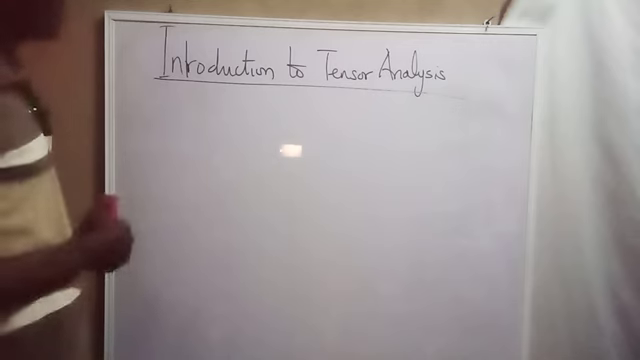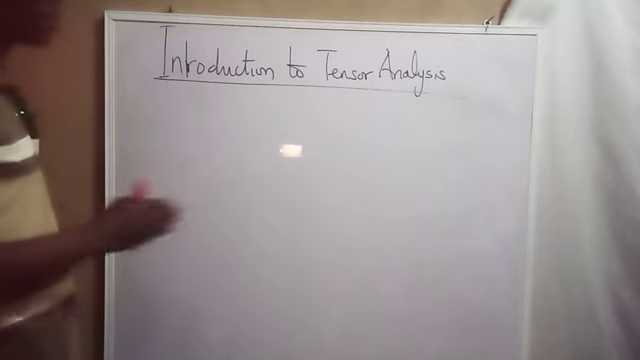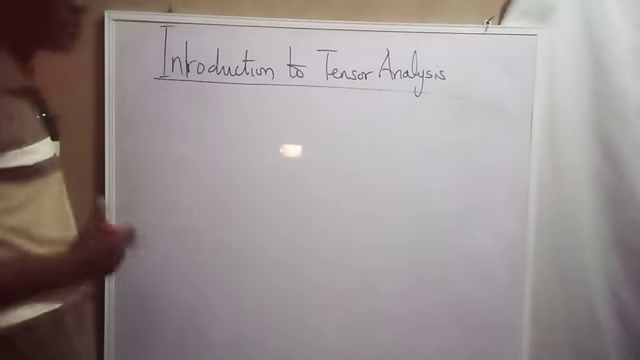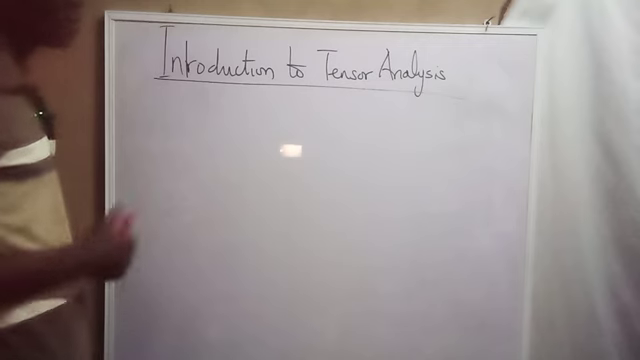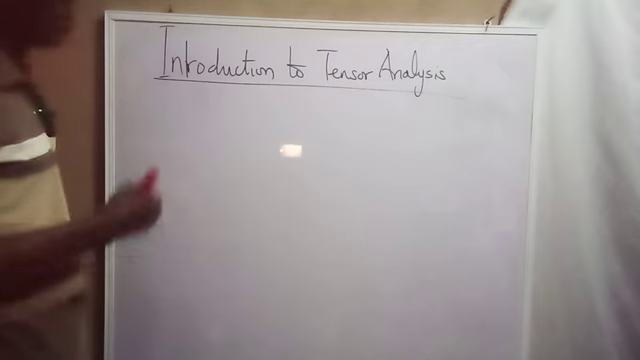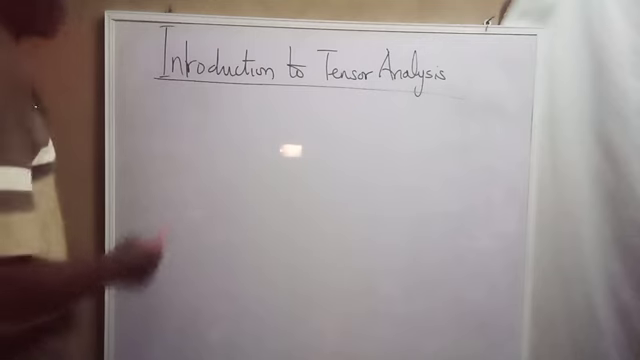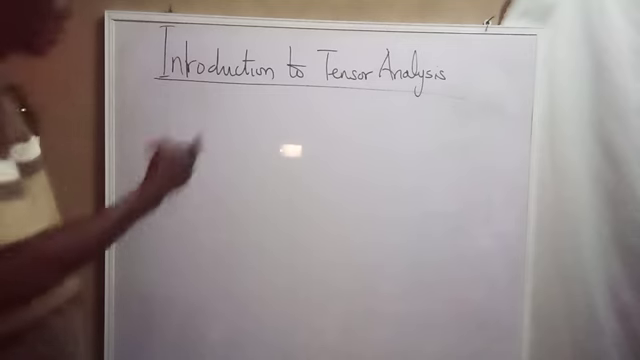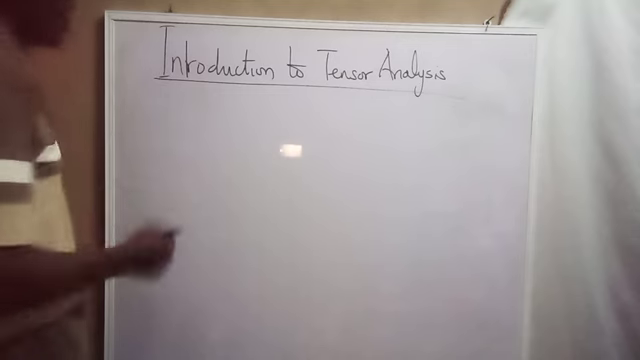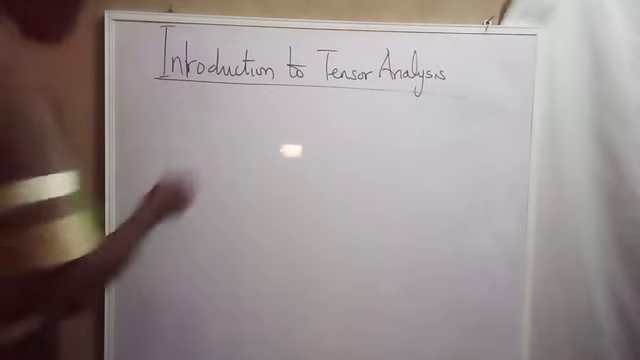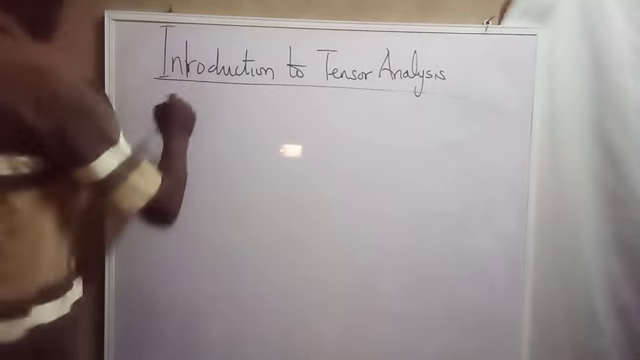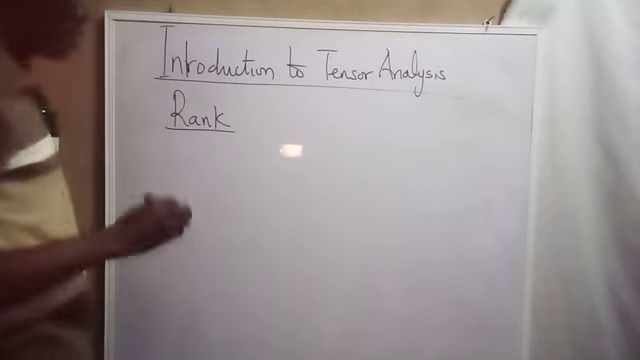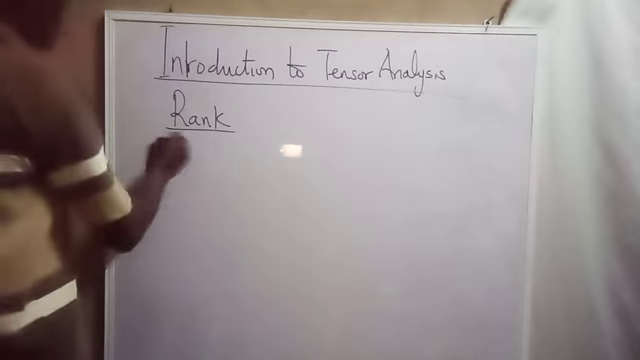Now, there are two categories of tensors. Tensors can be categorized based on, one, the rank, and two, their variance. So let's look at the categorization of the tensor in terms of rank and in terms of variance. Now, if you want to classify tensor in terms of rank, we start with